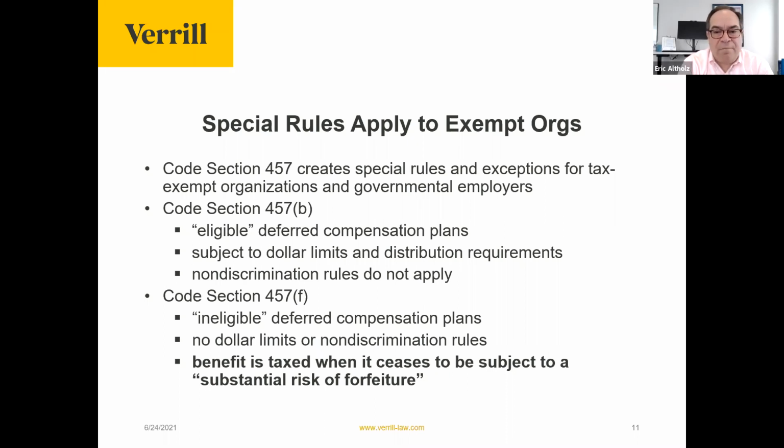And the reason for that primarily is because the big thing to remember about Section 457(f) is that the deferred compensation is taxed when it becomes vested. So it's all about vesting and not about payment. But for that reason, because most people don't want to be taxed before they receive their payment, we will typically structure a 457(f) plan to require payment within 30 or 60 days or something like that after the vesting event.